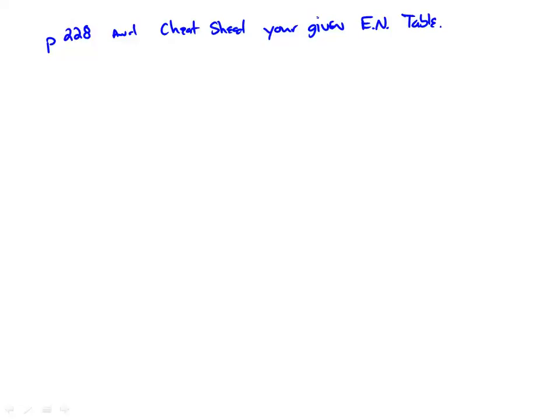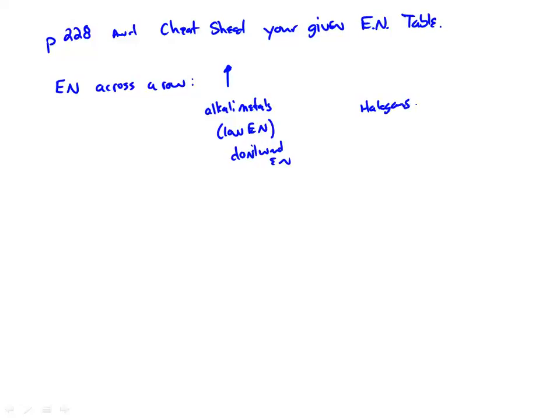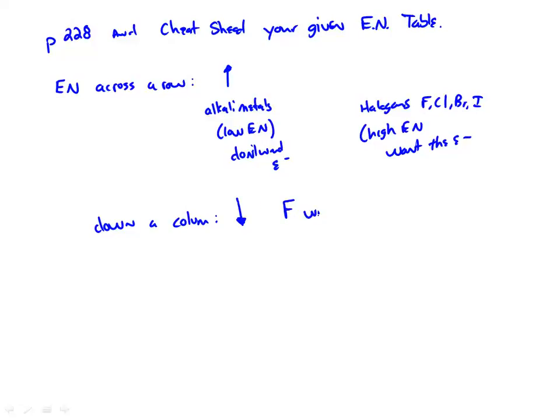So if we take a look at it, we can kind of make some statements. If we talk about the electronegativity across a row, we know that it increases. So what that means is that alkali metals and stuff on the left side have low electronegativities, meaning they don't want electrons. Whereas the halogens, fluorine, chlorine, bromine, and iodine, they have a high electronegativity, therefore they want the electrons pretty much. And if we take a look at it down a column, it decreases. So, you know, fluorine wants electrons,